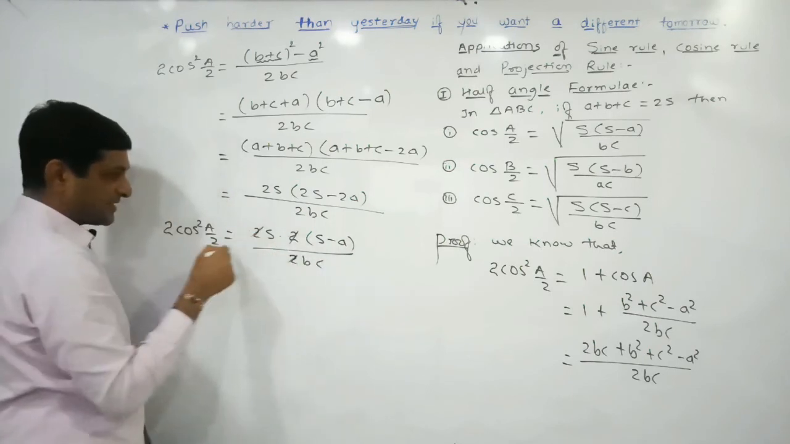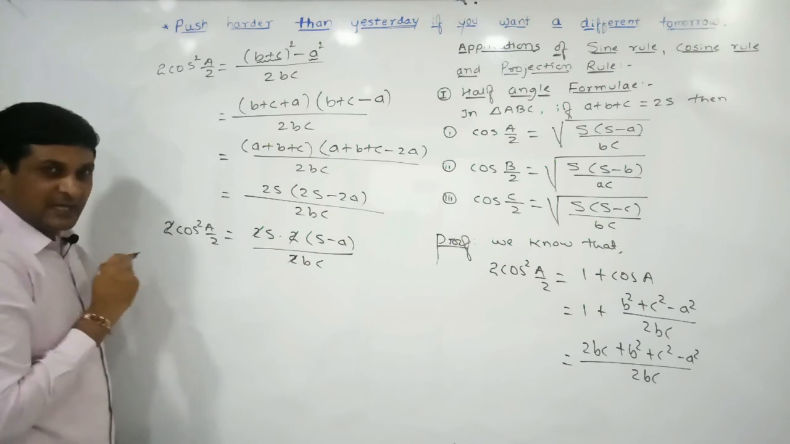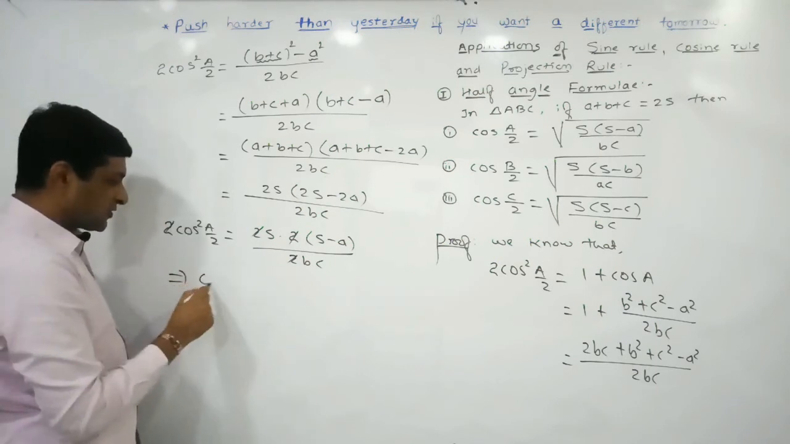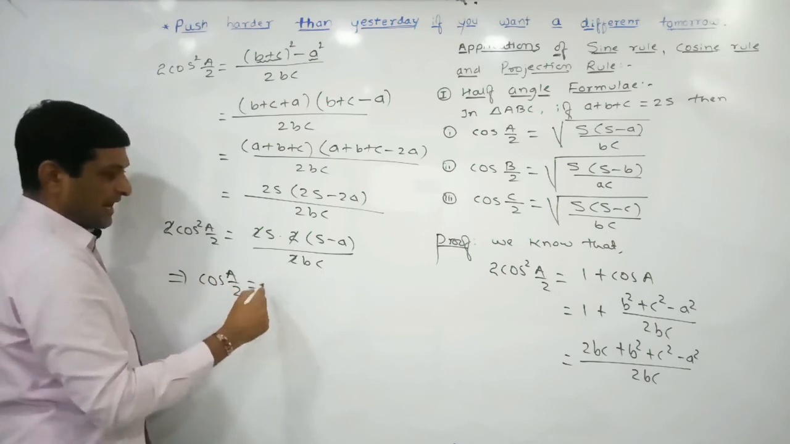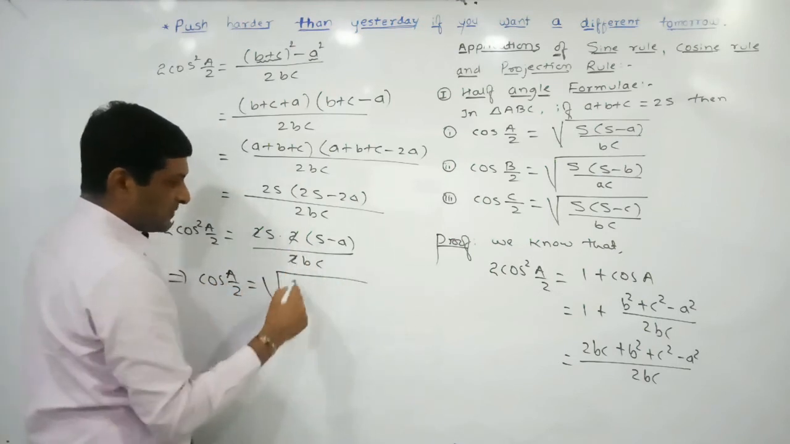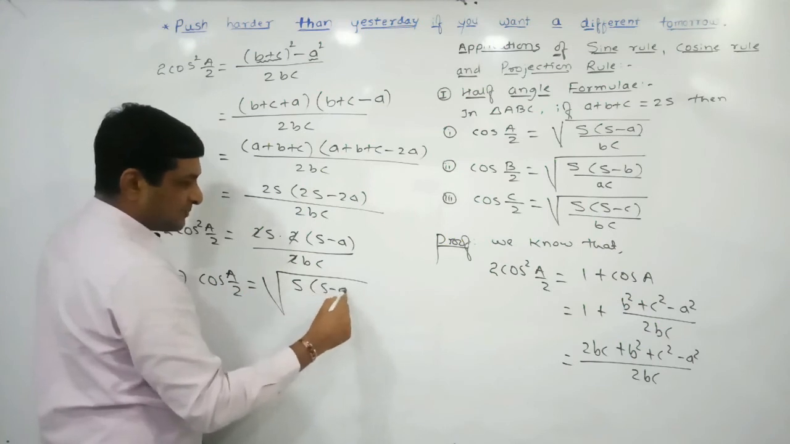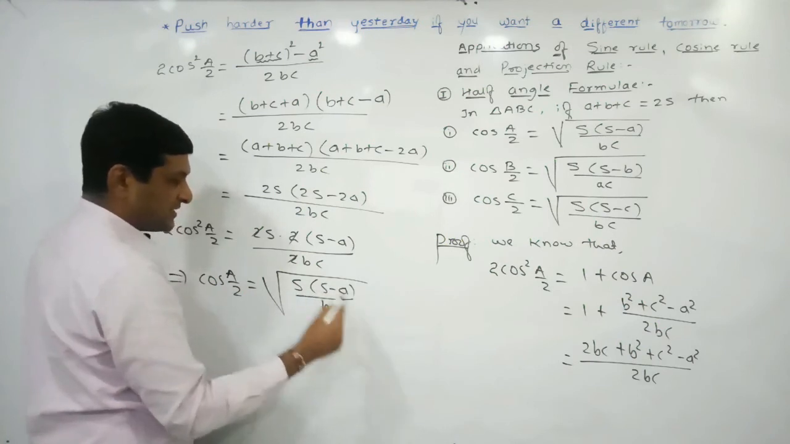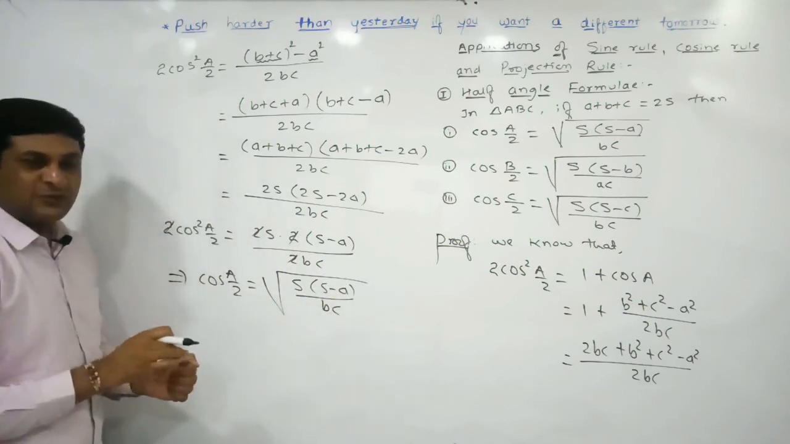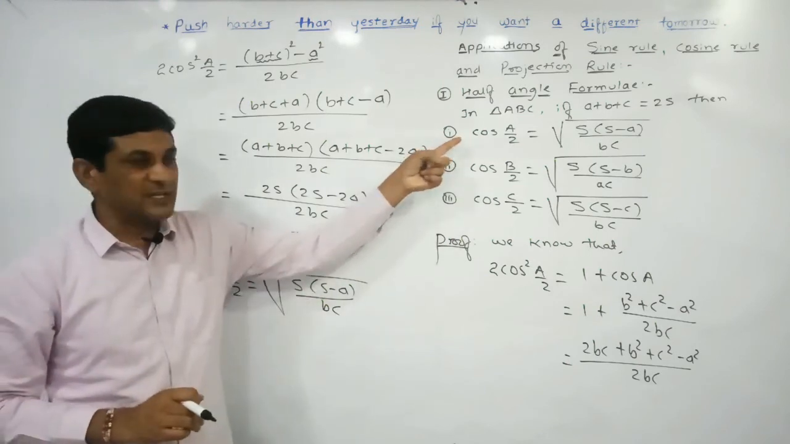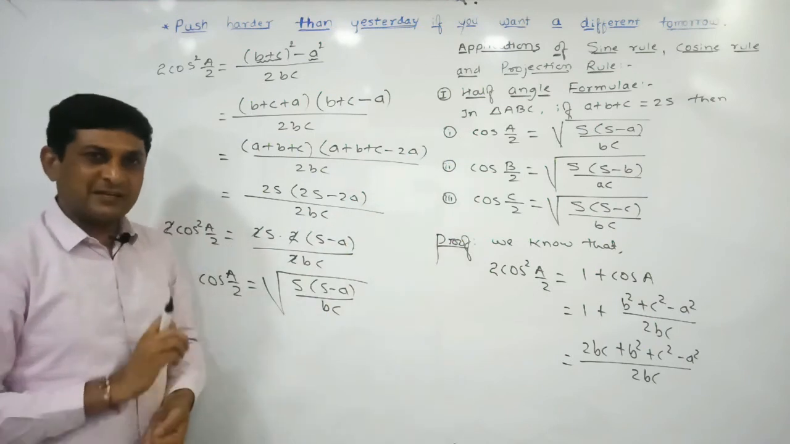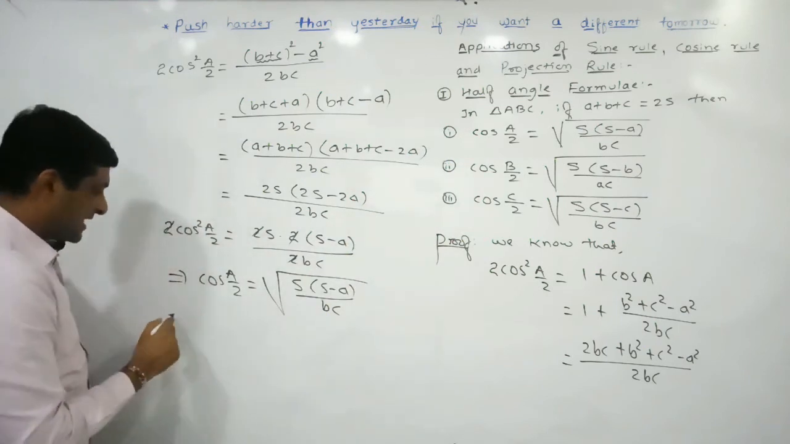This 2 will get cancelled and this 2 will get cancelled. And if you are taking square root on both sides, on this side the square will get eliminated, and on this side we will get square root of s into s minus a divided by bc. This result we have got simply by taking square root on both sides. So the method which you applied to prove the first result, the same method we are applying in the remaining two cases. That's why we can say that similarly